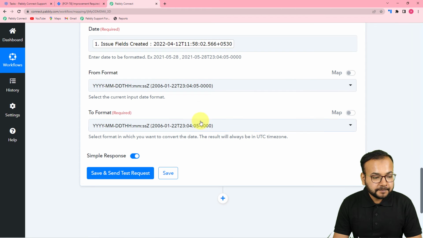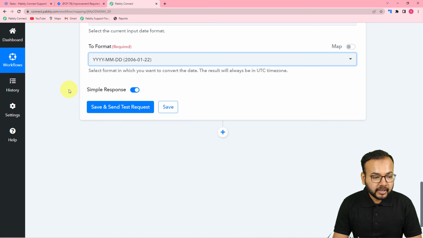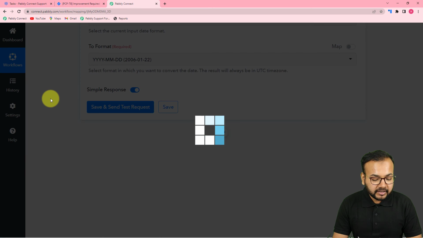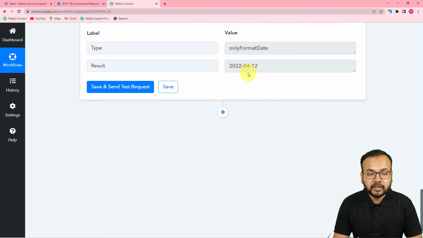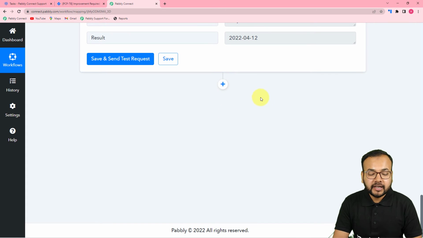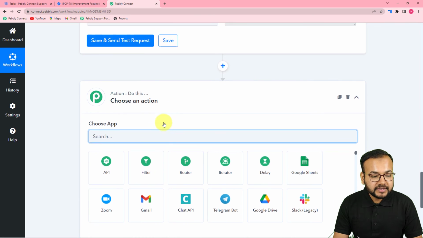This is the same format, and I want to convert it into simple YYMMDD format, right? Click on save and send test request, and now we got the result label here, and here we have the date only. So this will act as the start date and the due date for the task we are creating in Freedcamp. Now to create a task in Freedcamp, click on this plus icon, and from this action step search